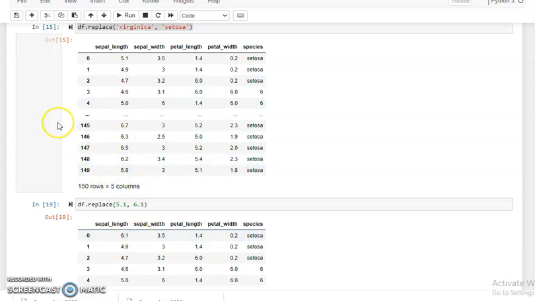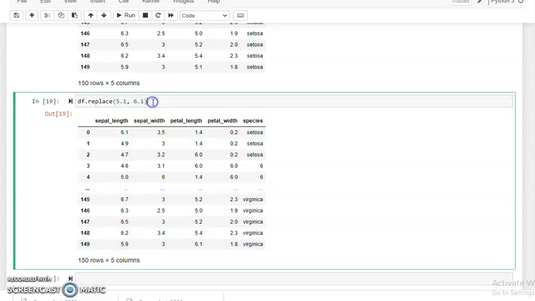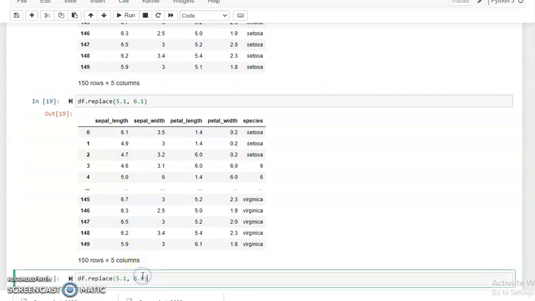So with the help of the replace function we can change numerical values as well as string type values. If we want to change more than one value in a column, for this we use a list. First we copy this and paste here, and then we use a list with square brackets.